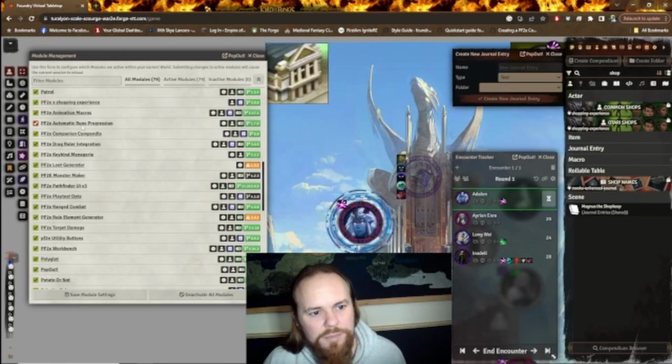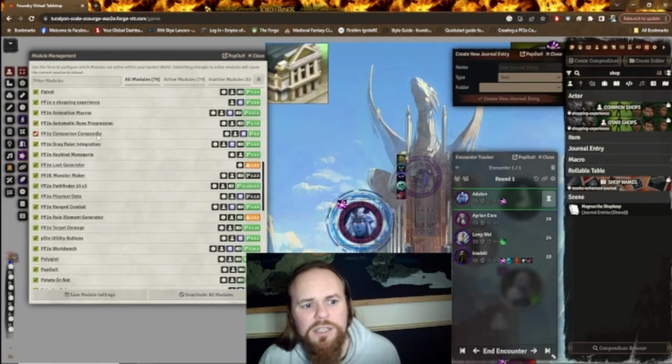So someone made this automatic rune progression because they felt the same way. They wanted to just give the +1s and the extra dice to your weapons and your armor without everything else that comes with automatic bonus progression. So there it is. It's fantastic. Highly recommend it. The Companion Compendia